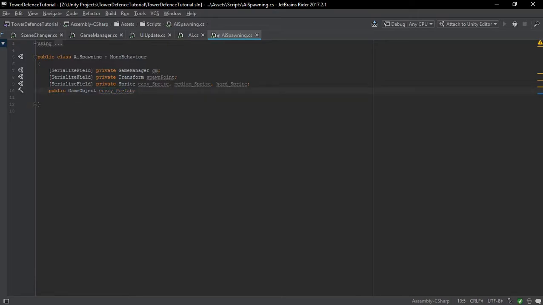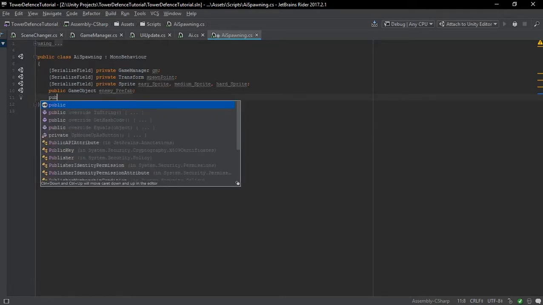I do it this way because it's just easier. Some people say if you put it in a resource folder, then you call the folder with speech marks and stuff like that. I just like to set it here. It makes it a lot easier. And then we're going to have